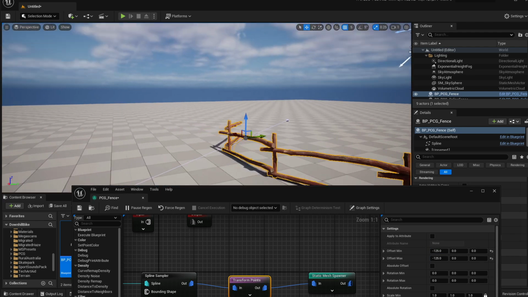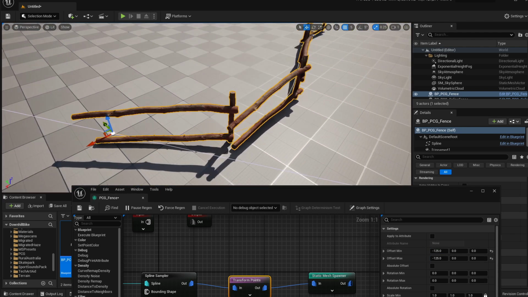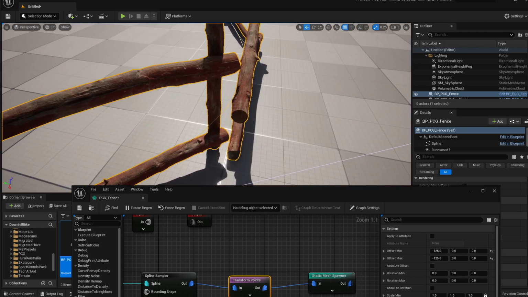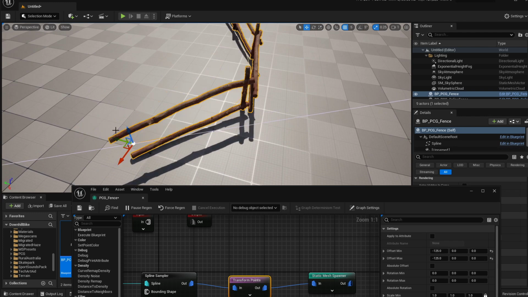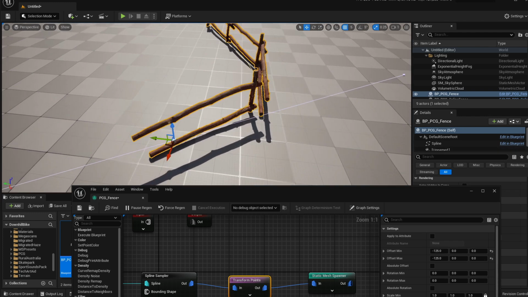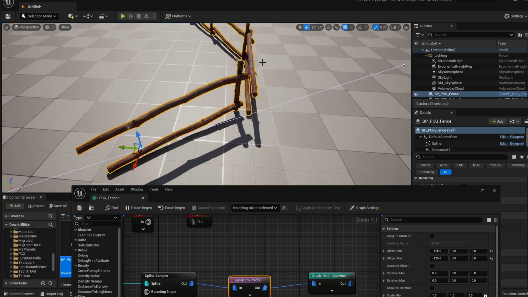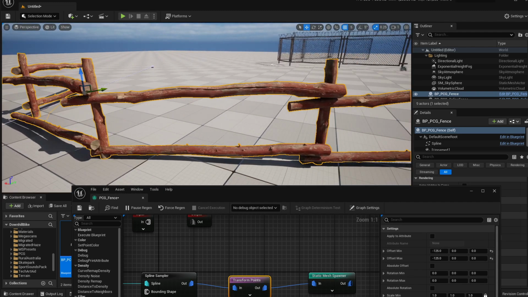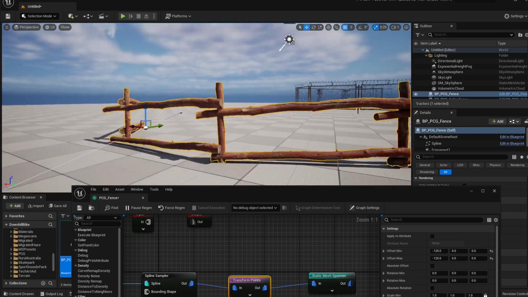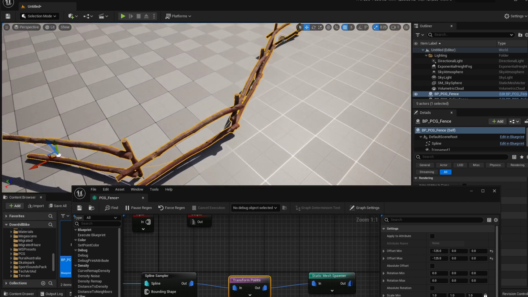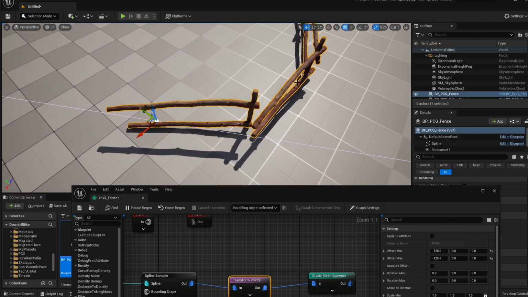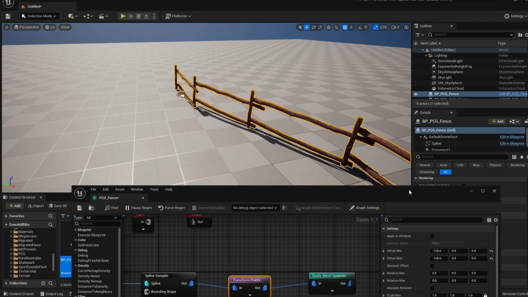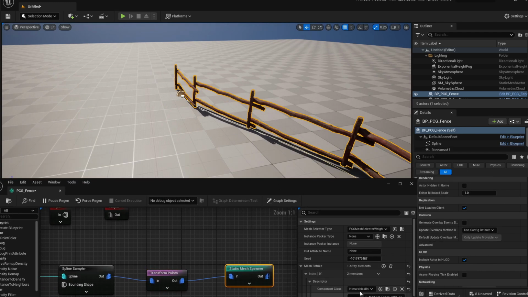And this seems to do the trick for this type of fence. But you can see it's detached here, and if you make the angle even more extreme, it will detach more. And even in the place that it looks like it's working fine, mostly because this fence is just some random blocks put together. If you use other mesh for the fence that's a little bit more